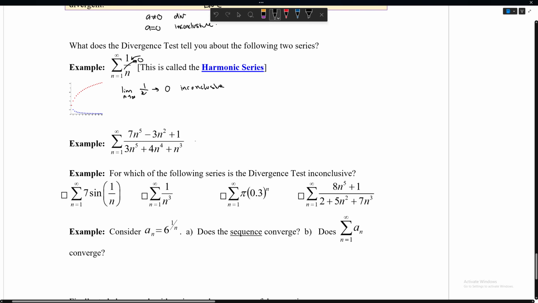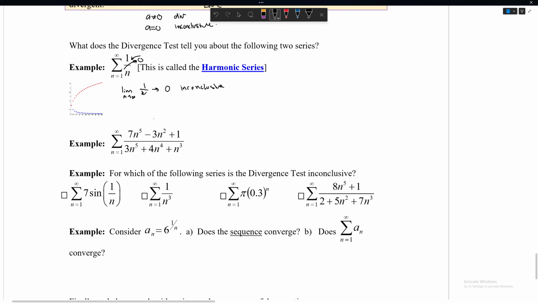Now doing this one. Same thing with limits. The only difference is it means something different if you don't get a number, right? Because you're doing series. And so how do you take the limit of this? What you want to do, like we said earlier, is divide by the highest power of the denominator. So divide by n to the 5, divide by n to the 5, divide by n to the 5. Same thing, n to the 5, n to the 5, n to the 5. And what you'll get is 7/3. So actually I'll do the top minus 3/n to the 3 plus 1/n to the 5, all over